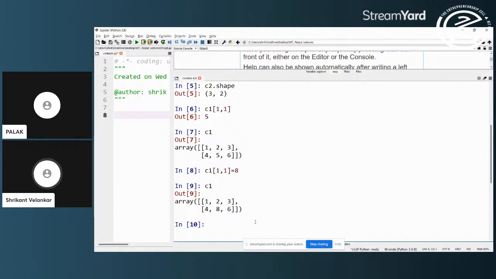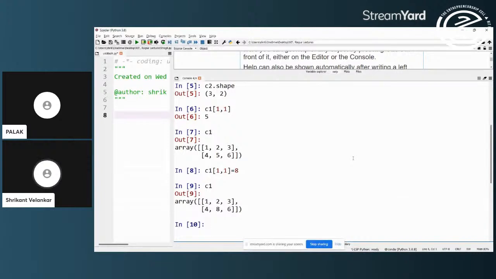Rather than that, I say 1 comma 1 in a single bracket, which is a more conventional way, as in languages like MATLAB, where elements of vectors and matrices are accessed and modified in this way. Okay, so this is as far as the basics of NumPy arrays are concerned.